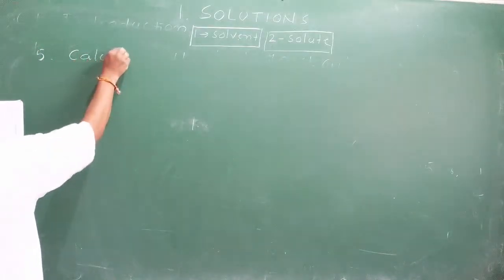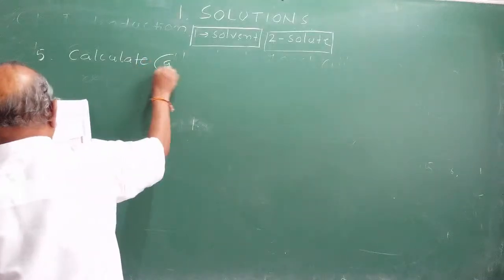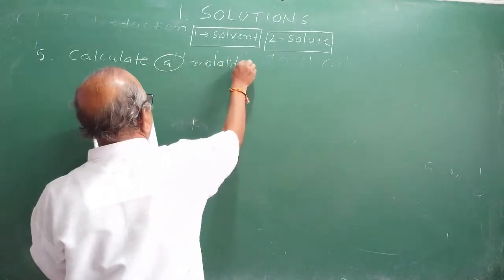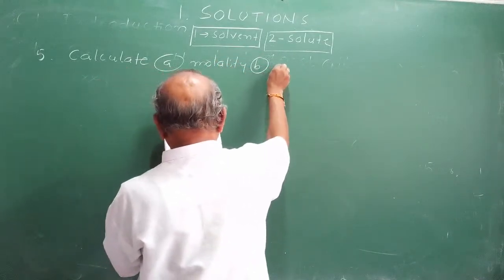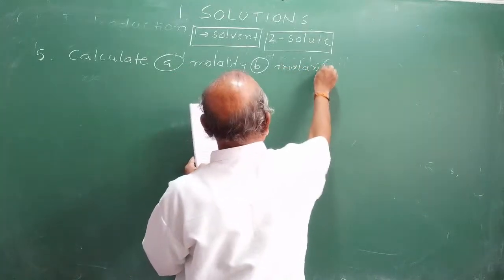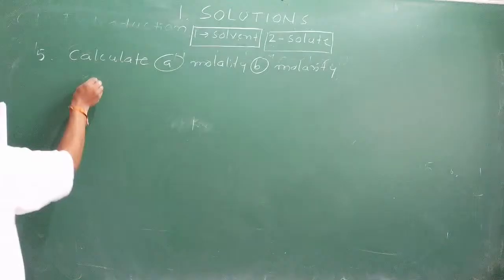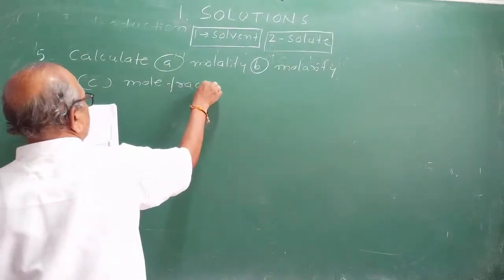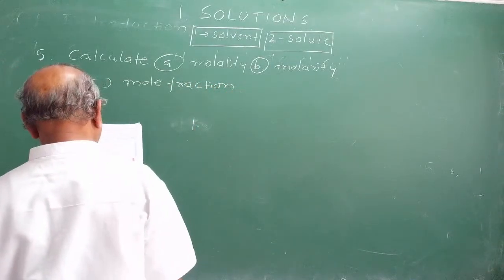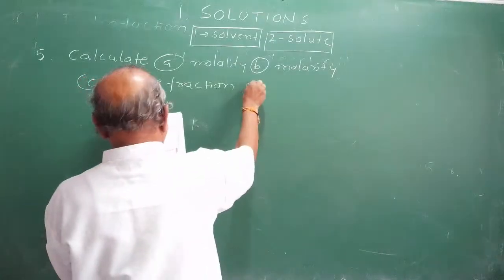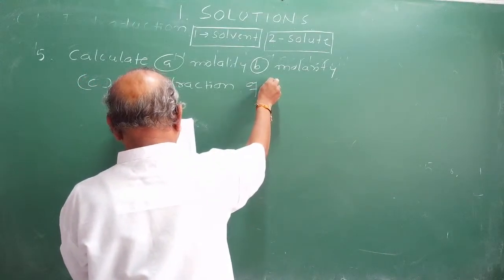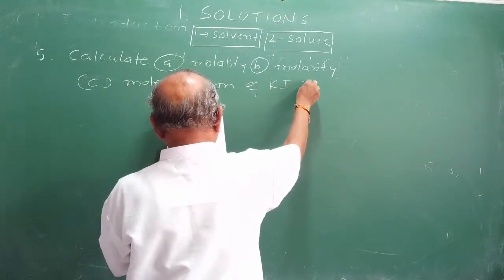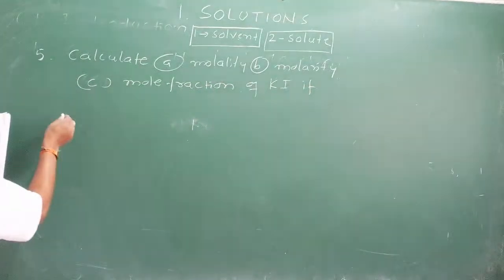Calculate A, molality, B, molarity, C, mole fraction of potassium iodide if the density